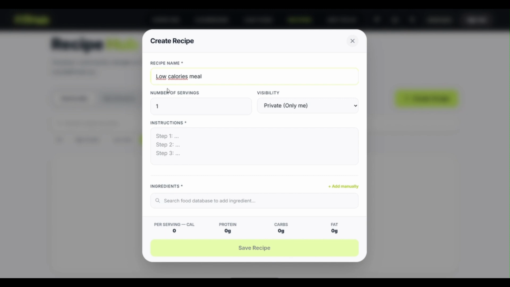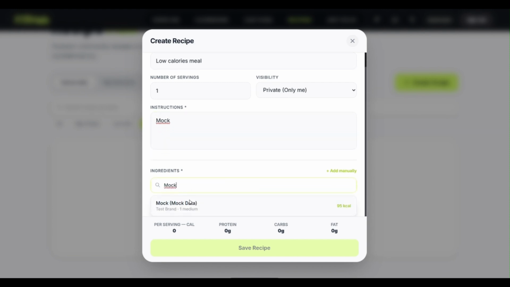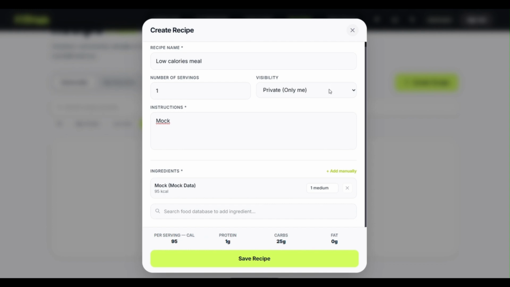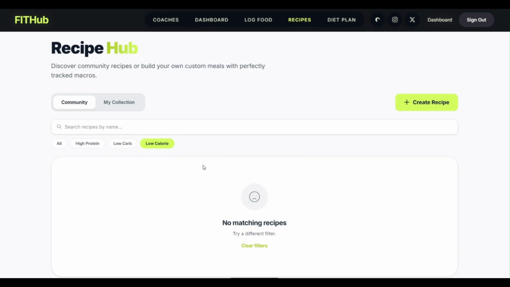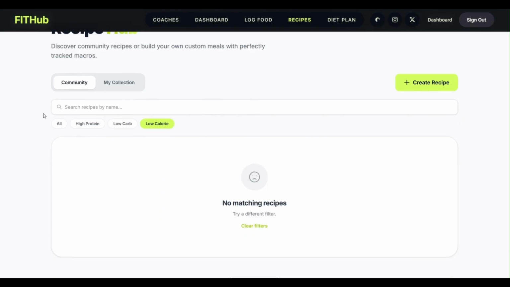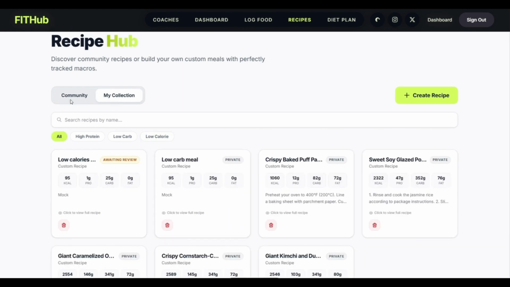And for our community tab, before being pushed onto the shared public database, a moderator will have to review the user's said recipe first after they've submitted it to the community, of course. And as you can see here, after submitting it, the recipe is nowhere to be found on the community tab. But when you get into the My Collection tab, as you can see, the meal we just made is awaiting